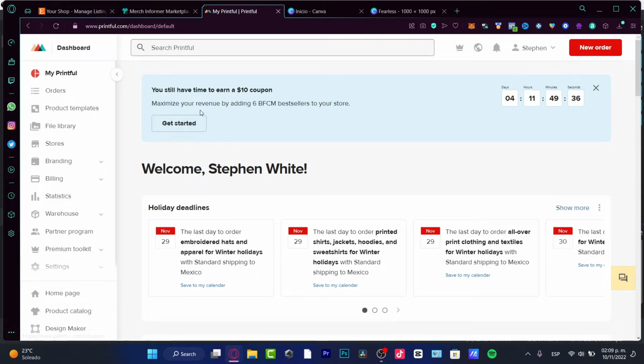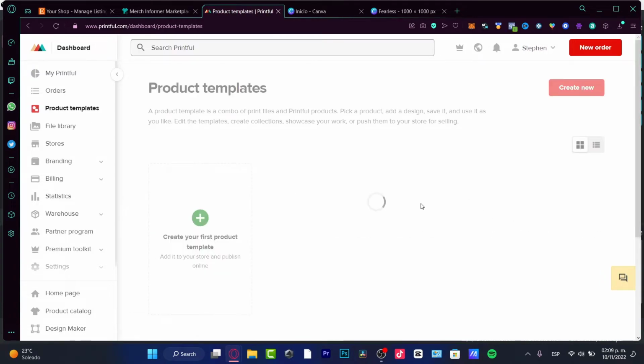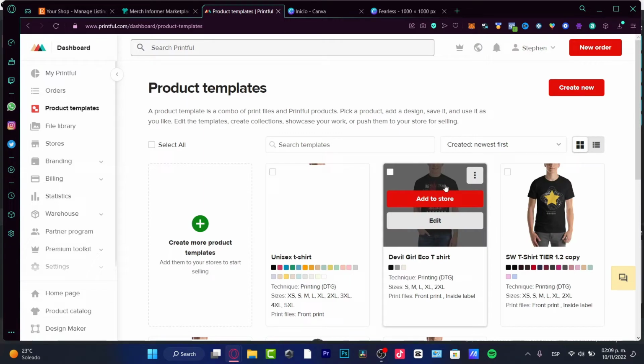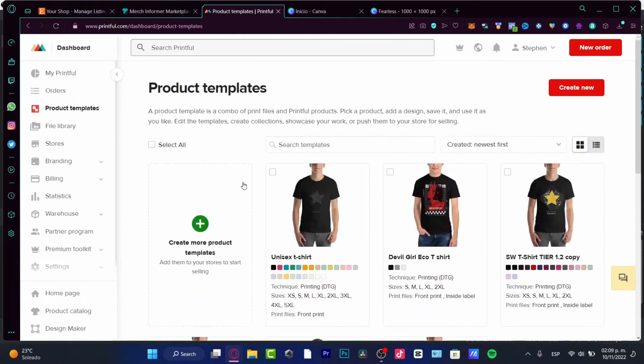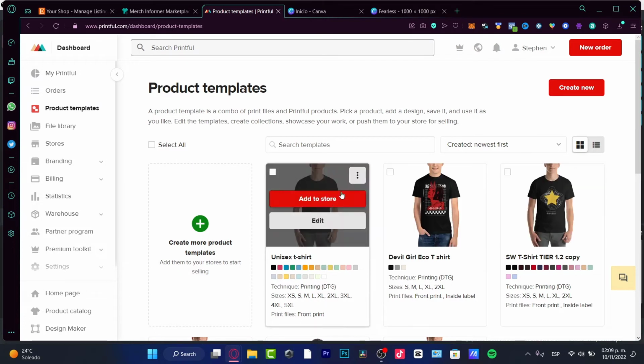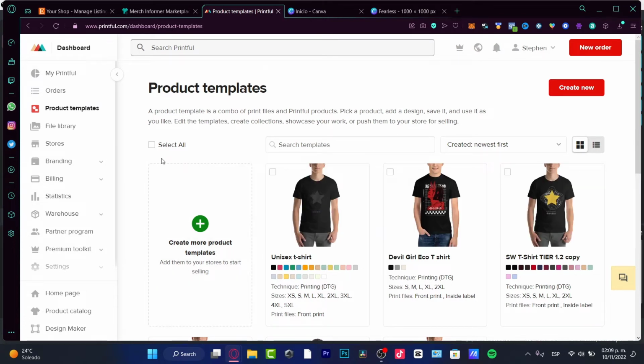So here you can add, let's say for example, I'm going to go into product templates. And it's going to show us a lot of templates of products that we can choose in order to make some print on demand. So I'm going to go into create more product template because I want to create my very first one. For example, I'm going to go into create new,